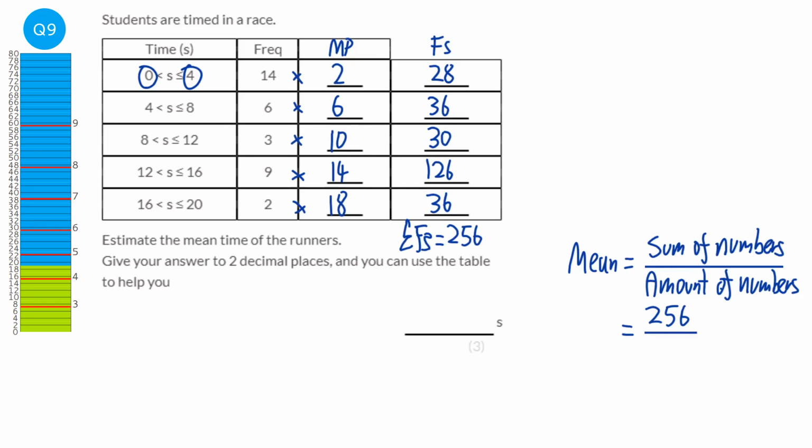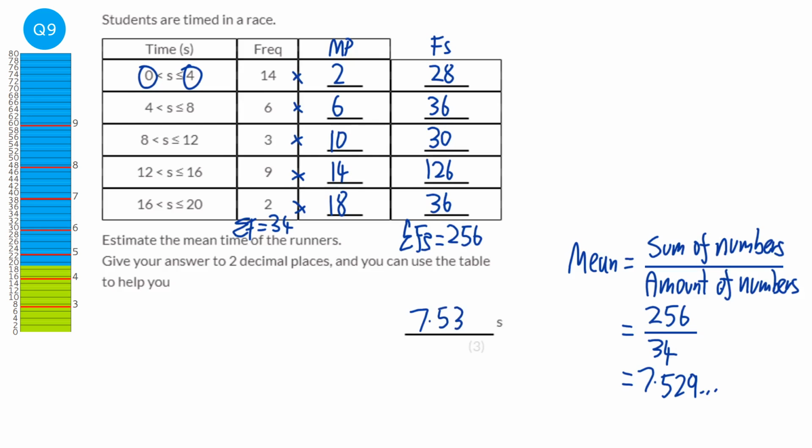And we need to find out how many numbers there are. Well, the frequency column will tell us how many numbers there are, so we're just going to add all of those up together. So we're going to find the sum of the frequency, which is 14 plus 6 plus 3 plus 9 plus 2, which is 34. And when we do 256 divided by 34, we get 7.529... It says it wants it to 2 decimal places, so we're going to round it to